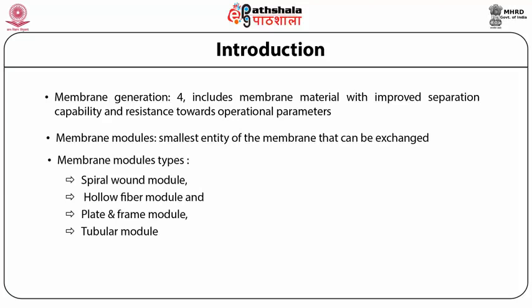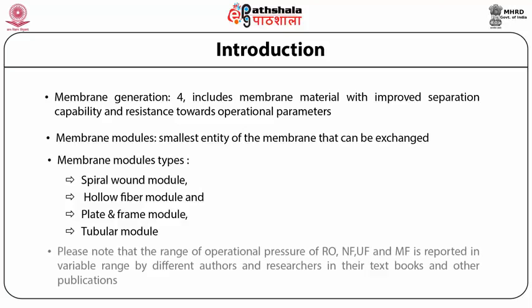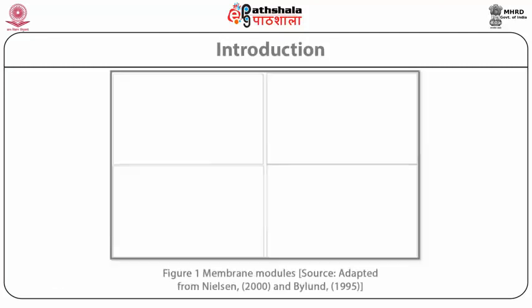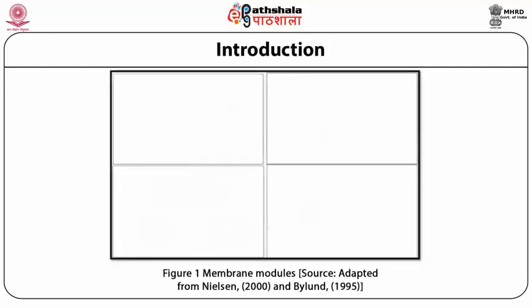Each membrane module can be used in one or more than one membrane process like RO, NF, UF, and MF. That means single module can be used for one or more processes, but has its own advantage and disadvantage. Pictographic representation of these membrane modules are shown in figure 1. In this pictographic representation of all four membrane modules or configuration are shown in figure 1, while their typical characteristics are shown in table 2 that we will discuss later on.